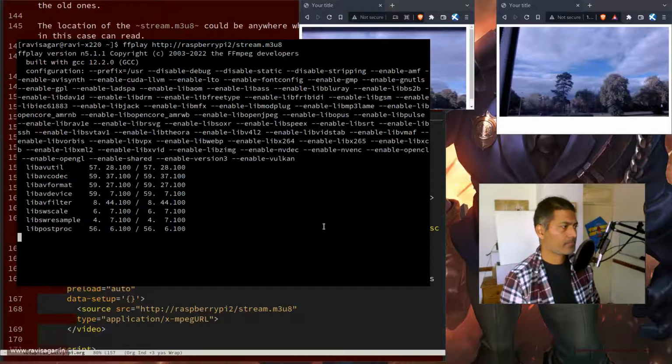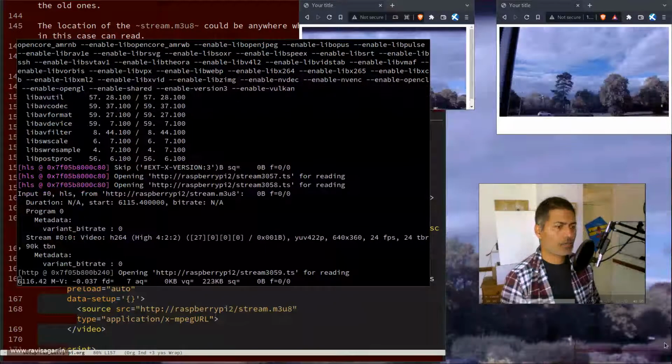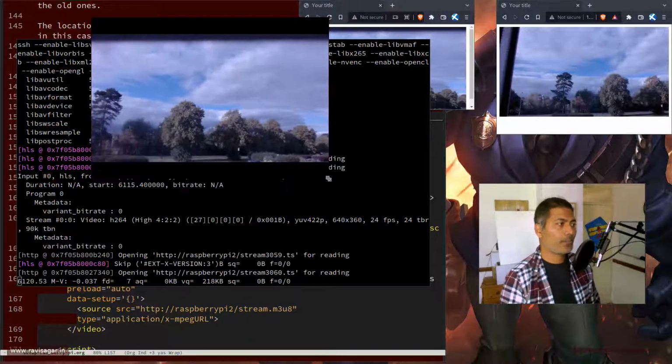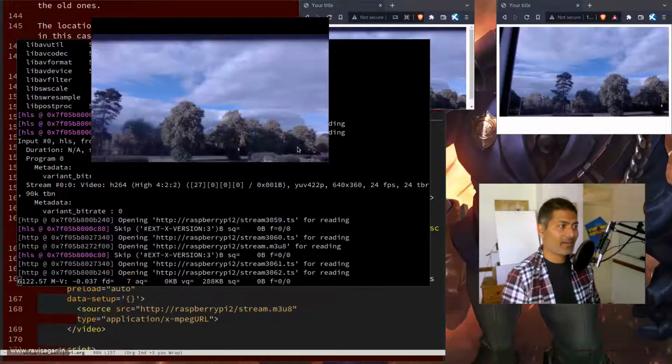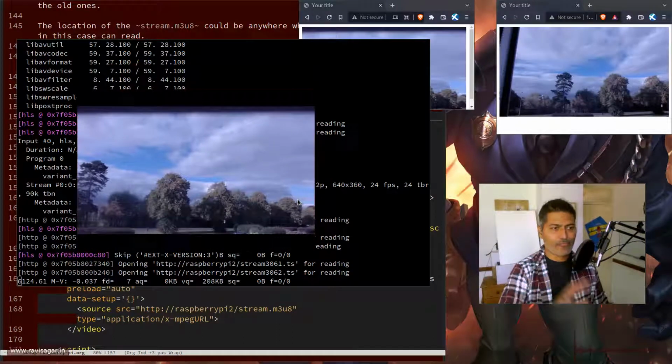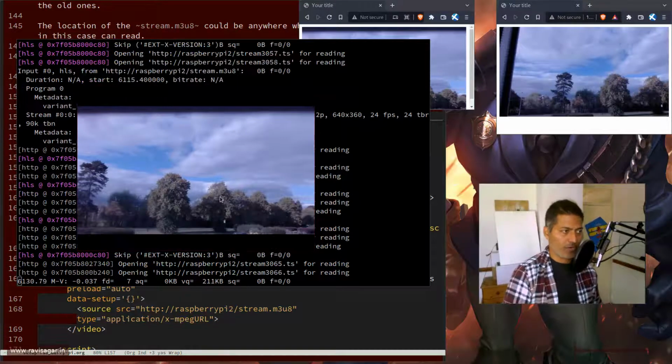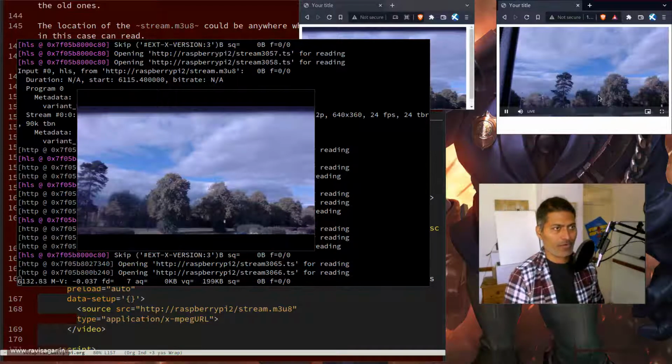Stream.m3u8. Yes, we have this. So basically the same. And if you compare the ffplay latency, it is actually the fastest. So the things will appear first on this particular window, then it will appear on this particular window, and this,